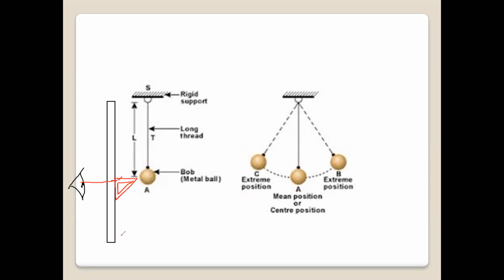Yes, I should measure to the center of the metal ball. Yes, the center of the metal ball, because the length of a pendulum means the distance to the center of the metal ball, or the sphere, or the bob, which should be in line with the corner, the edge of a set square. So if we cannot touch the object directly, we normally use set squares as an aid, for assistance.